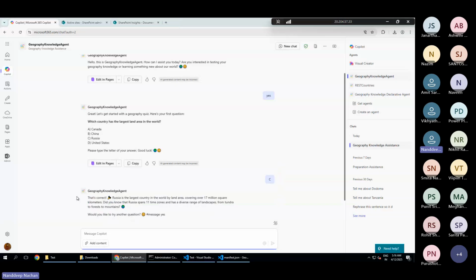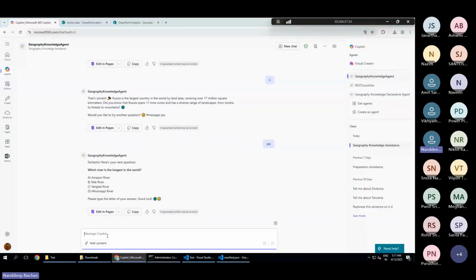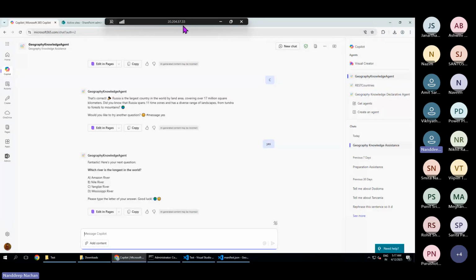If in case you want to ask, would you like to guess? I say yes. It is going to give me another question. If in case I say no, that's it. It is going to stop there. Okay, so obviously we are not going to play KBC, Kaun Banega Crorepati here. So I will stop here with this demo. But this gives you the capabilities of how the agent can be created without writing a single line of code, with pure configurations. Okay, so we did not write any code. Again, for example, if I go back,